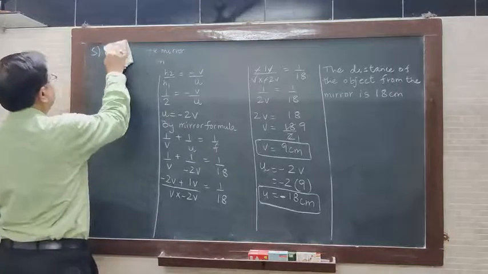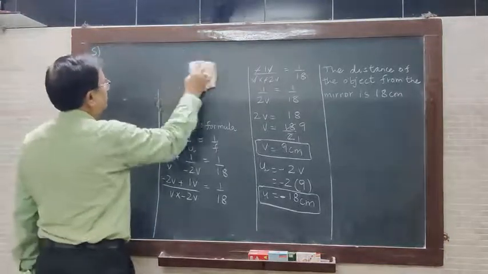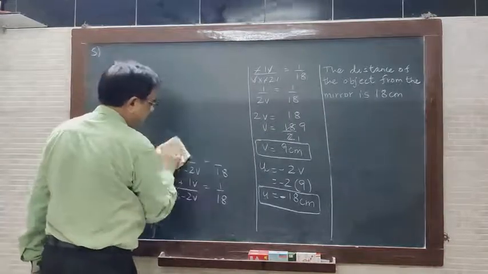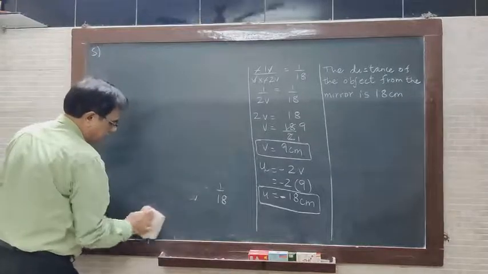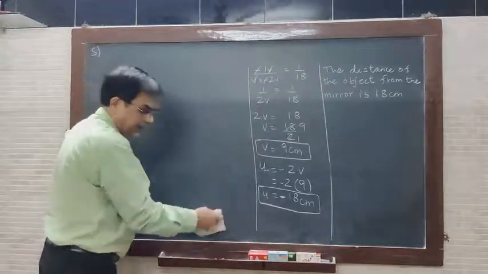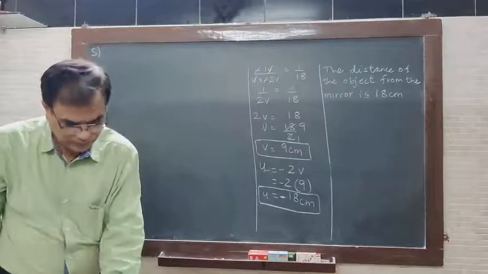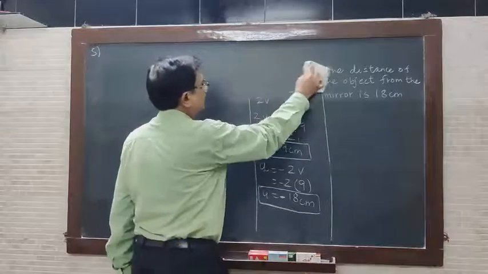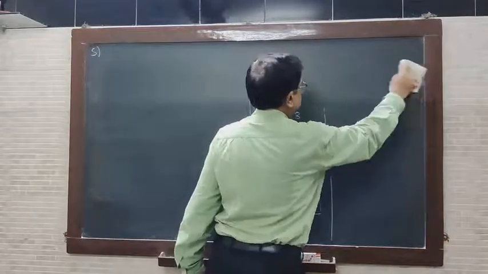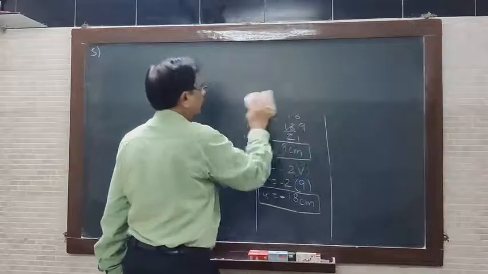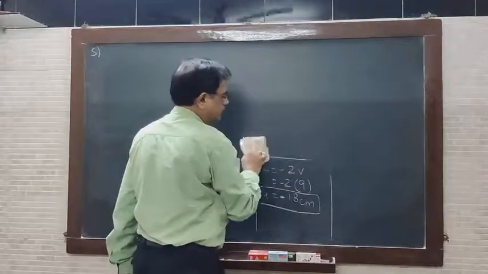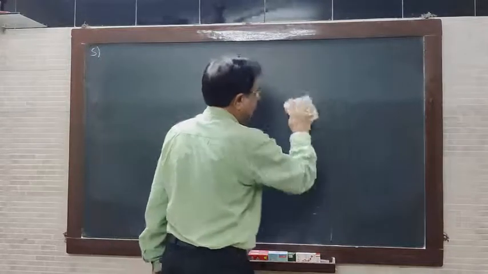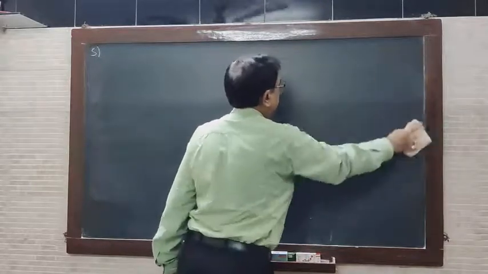Last sum of this chapter, sum number 5C. So we have finished off with this chapter, and once again I am telling you that the table given on page number 122 is very important. Learn the table by heart. I am almost giving you the importance for the examination. So learn the table very nicely for your exam, second unit test. Definitely you will get this table.